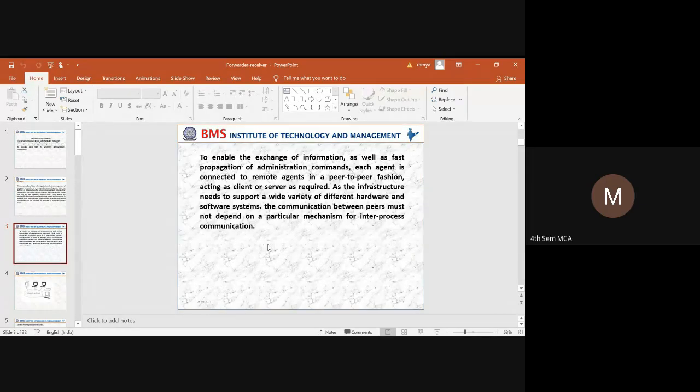We call it a remote agent, where peer-to-peer or one-to-one communication is supported with a wide variety of hardware and software systems. Whatever the resources are, you cannot define a different software or hardware specification for each and every application when it is available over a network. So it should be available over a common platform.